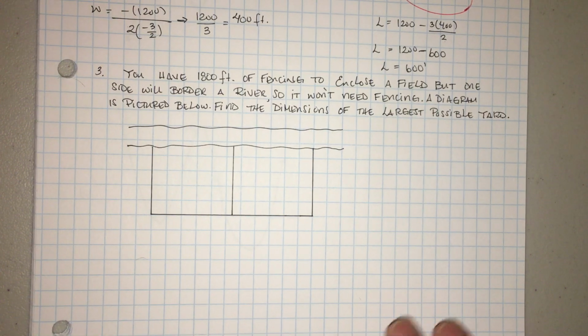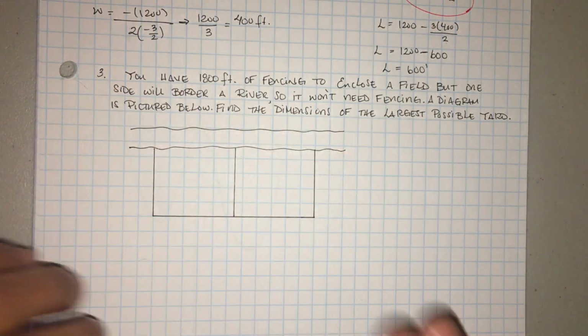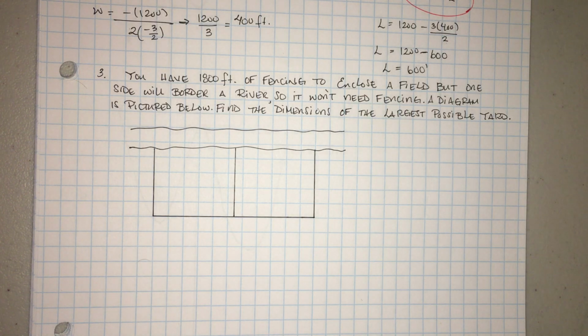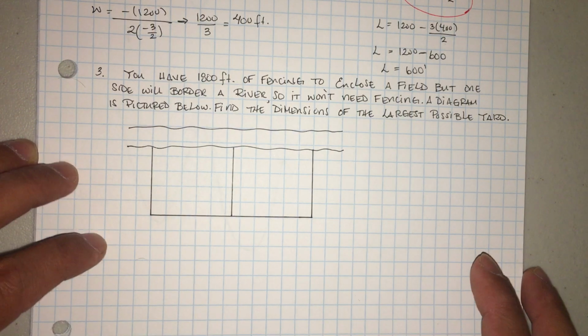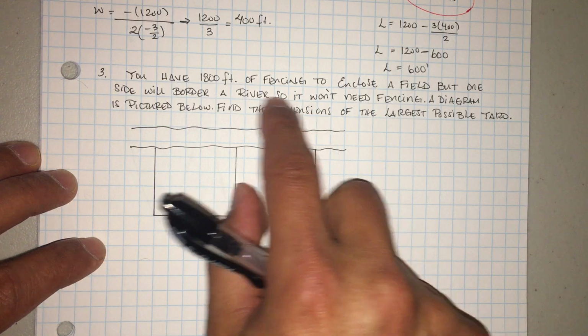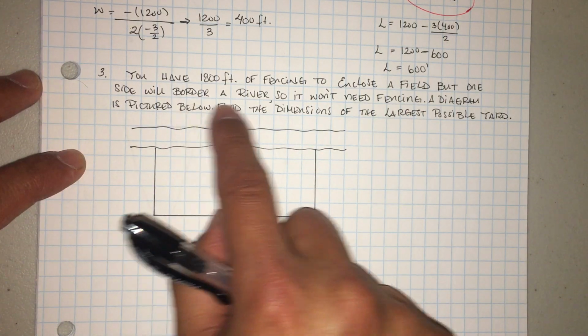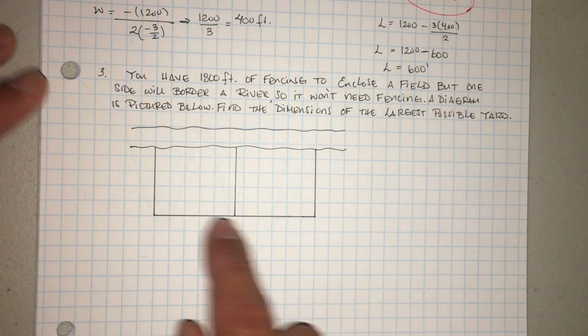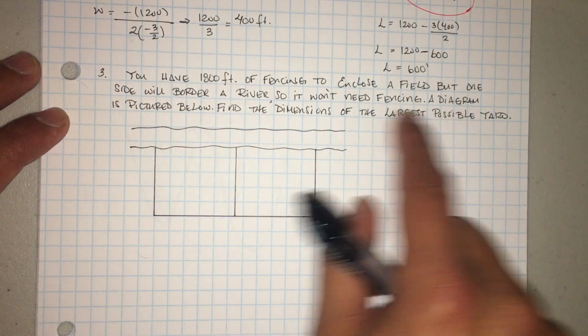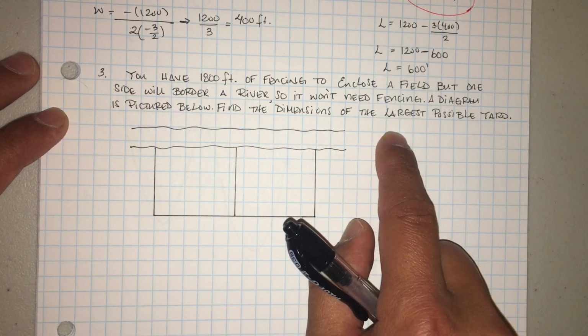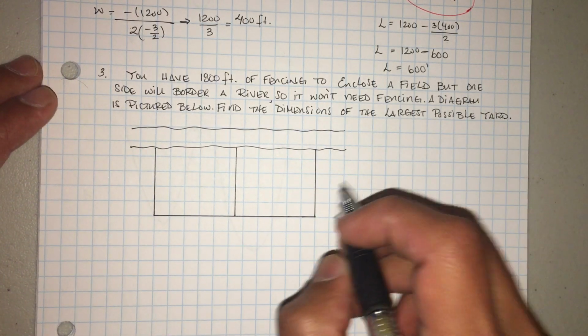All right, the next one. Because remember, you're probably not going to have this, but they're going to give you the word problem. You have 1,800 feet of fencing to enclose a field, but one side will border a river, so it won't need a fence. So this is my river, okay? A diagram is pictured below. Find the dimensions of the largest possible yard, and